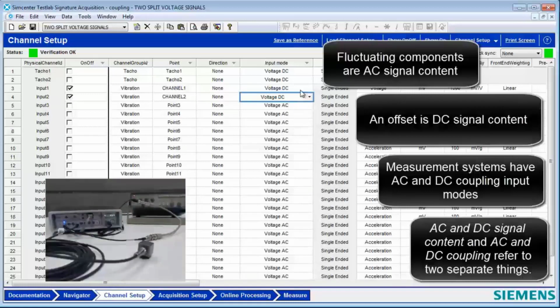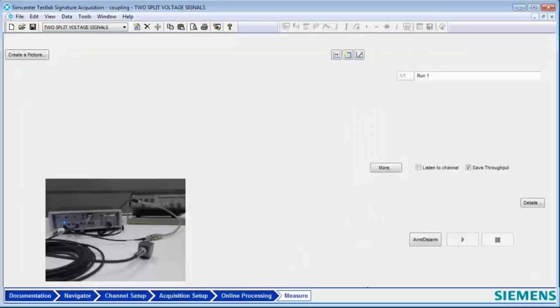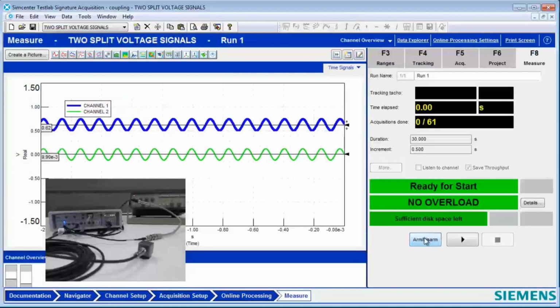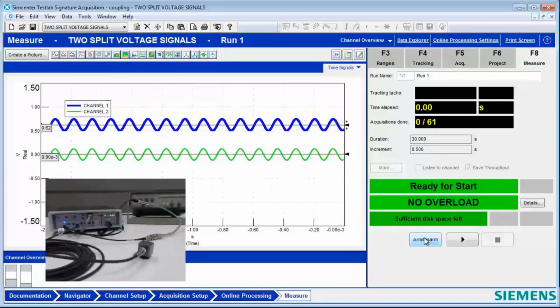They're both set to DC coupled, but I'm going to switch one of these to AC coupling. So we have the same signal coming in, with both an AC and a DC portion, and one is going to be AC coupled and one DC coupled. Let's see what happens to our signal. Wow.